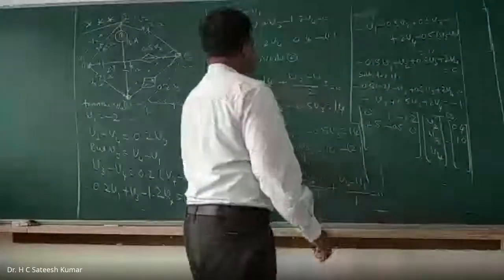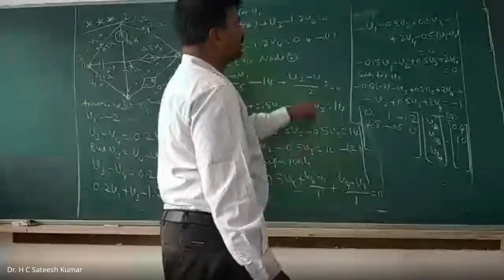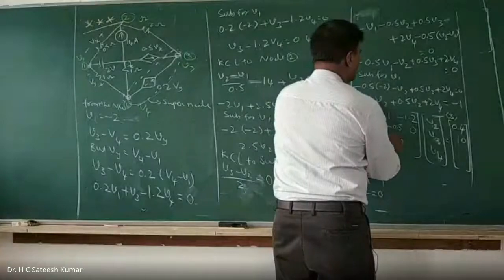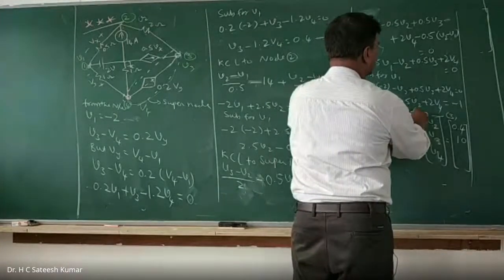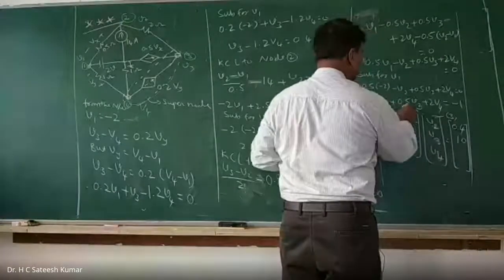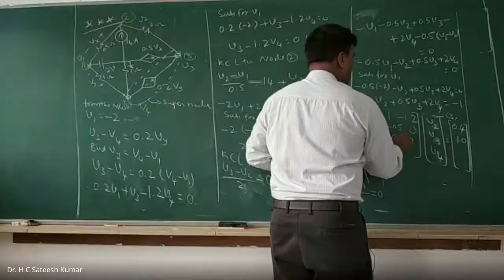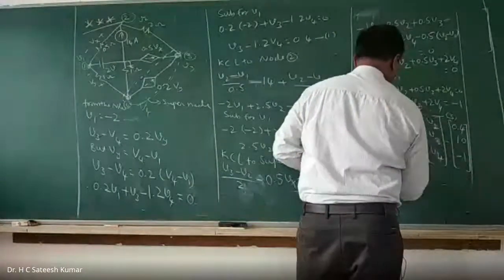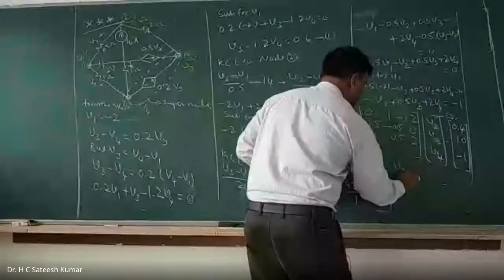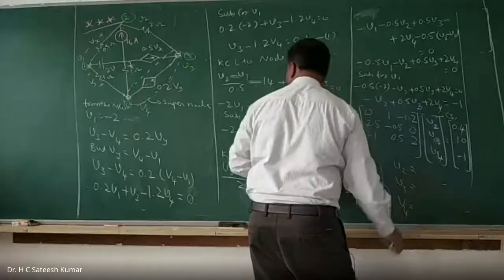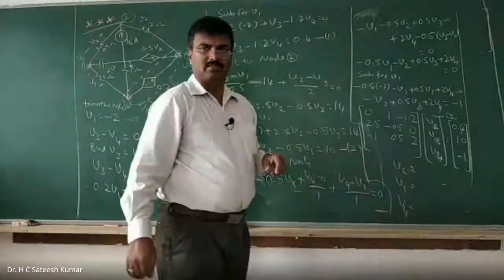Next, the third equation. The third equation is this one. V2 coefficient minus 1. Sorry, what is that? Minus 0.5 V3 this is. So minus 1, 0.5 plus 0.5, and V4 coefficient 2. The right hand side is minus 1. Check it. What are V2, V3 and V4? V2, V3, V4 only you will get. You will not get V1; V1 is readily available. Tell me the values.